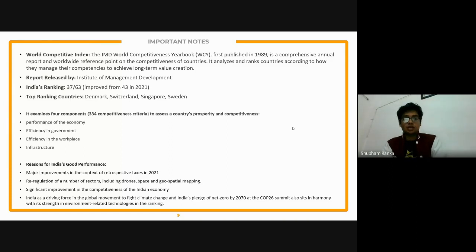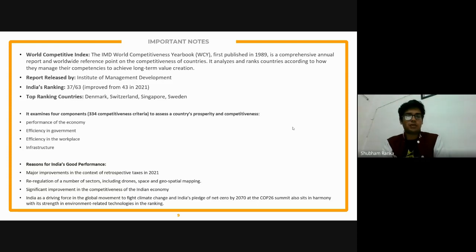This report is released every year by the Institute of Management Development, that is based out of Switzerland itself. India's ranking in this particular index is 73 out of the 63 countries that have signed up for this index, and it has improved from 43 from 2021. And there are certain reasons for this good performance. That is also something that I've captured in this particular slide because I felt that is something that everyone should know about, right? So again, the 4 components that we examine in this particular index are A, performance of the